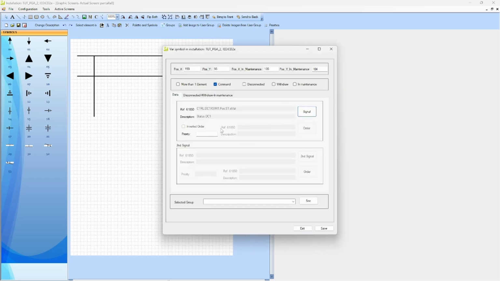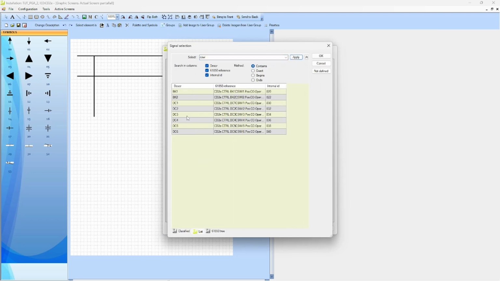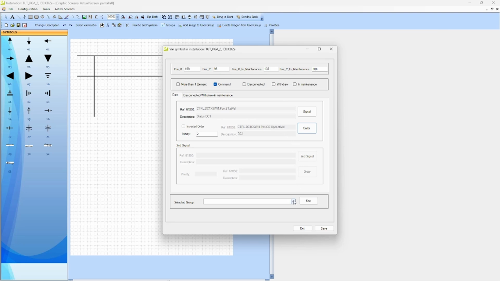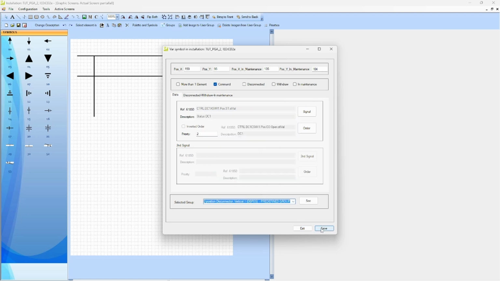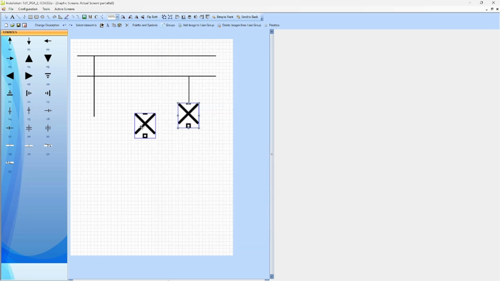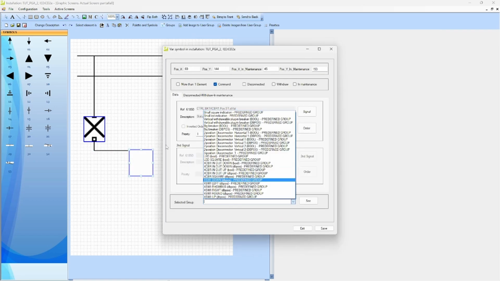Additionally, the disconnector will be commandable from the local display, so a command priority and the corresponding model variable must be assigned to it. Then, in the selected group drop-down menu at the bottom of the window, the symbol for the disconnector will be chosen. Next to the drop-down menu, the C button will show how the symbol would look like in its possible states. At last, we will save the configurations done to this disconnector symbol. This same procedure will be repeated for the coupling breaker and busbar B's disconnector.